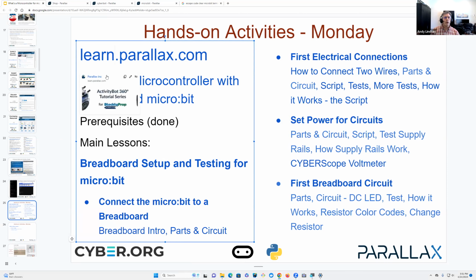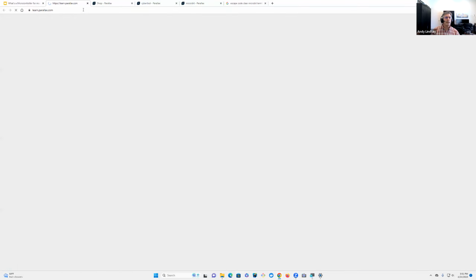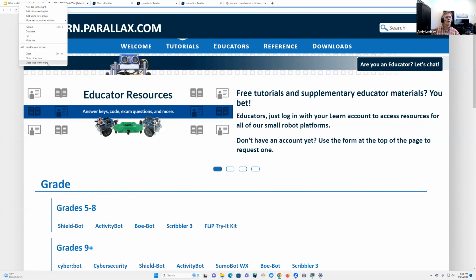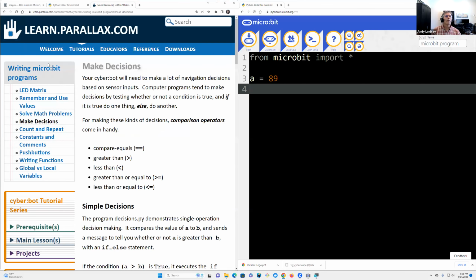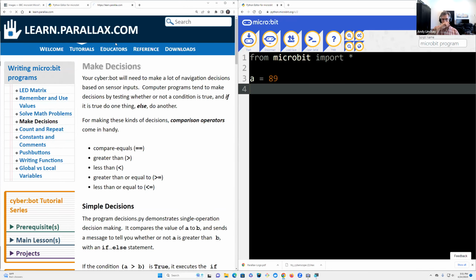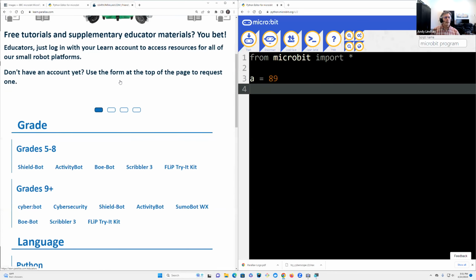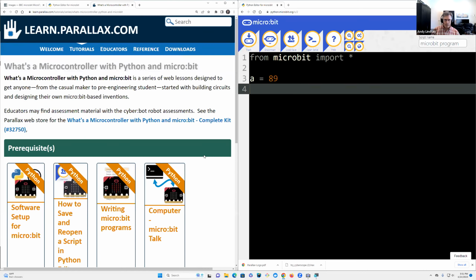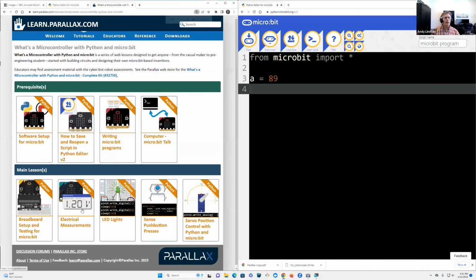I'll go ahead and one more time do this from the beginning. Okay, so we'll go to learn.parallax.com. And then what's a microcontroller with the microbit? Here's the book cover. And we're going to go into